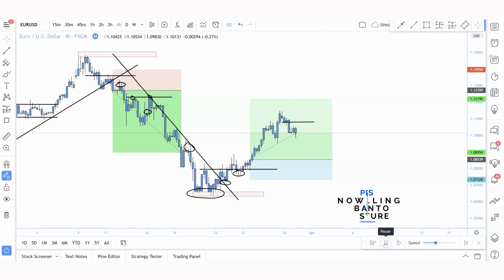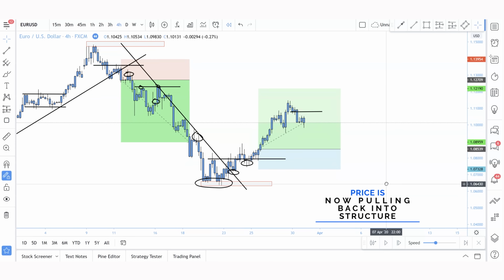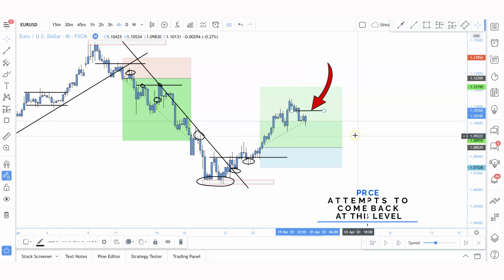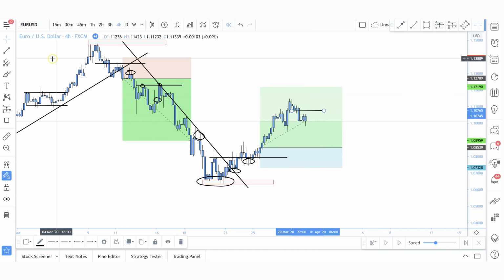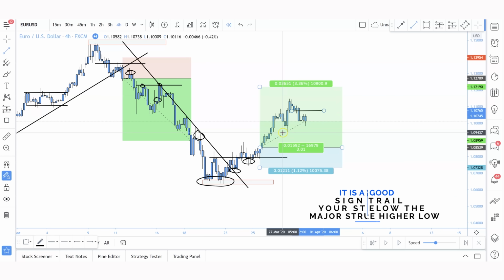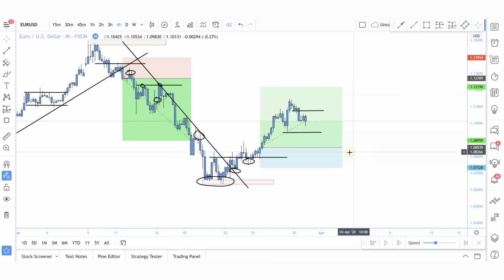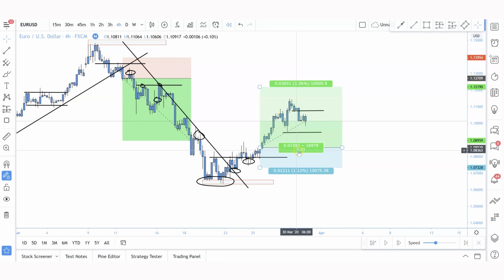So price is now pulling back, and now look what we have. Price attempted to come back to this level, but look at the bearish pressure that's entered the market. At this stage, it's probably a very good sign to trail your stop below the major structure higher low. This then ensures that you secure some profits and that you're not risking this whole move to the upside based